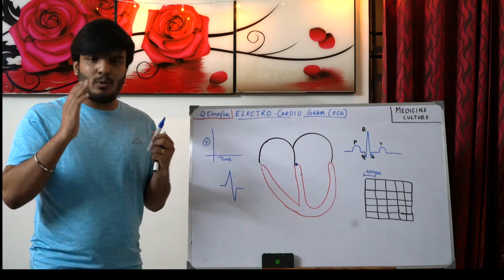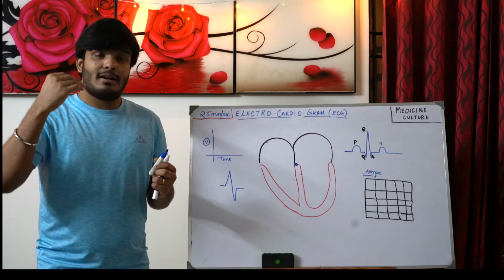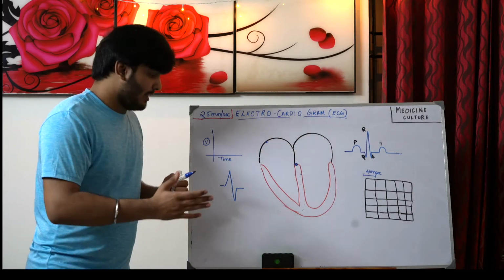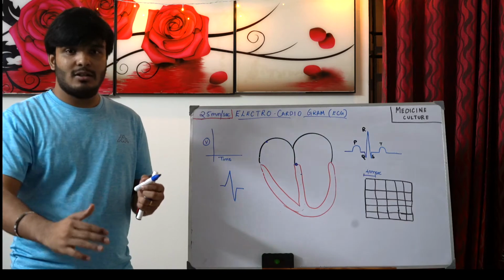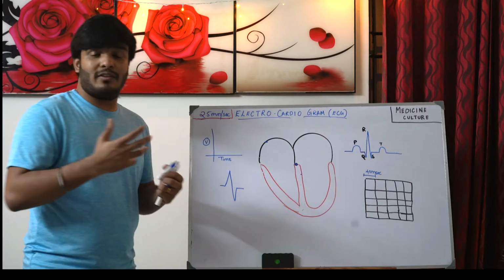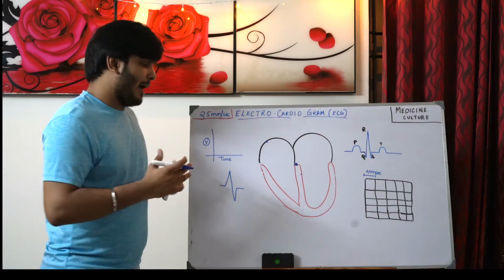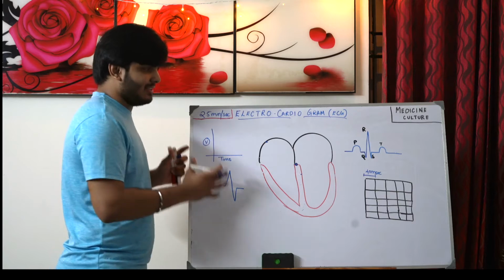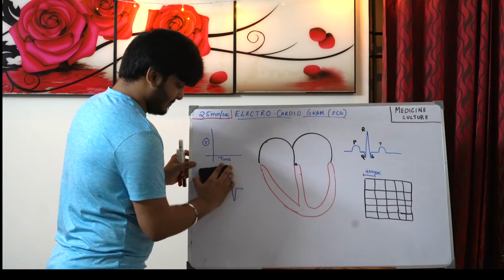So just a quick rewind. The normal electrical axis of the heart is from right shoulder to left foot. How does a positive deflection happen? When a current flows along the axis of the heart. How does a negative deflection happen? When a current flows opposite. And the biphasic wave happens when a current flows perpendicular to the axis of the heart. I'm just saying things, but when we apply these on the ECG, you can understand them.